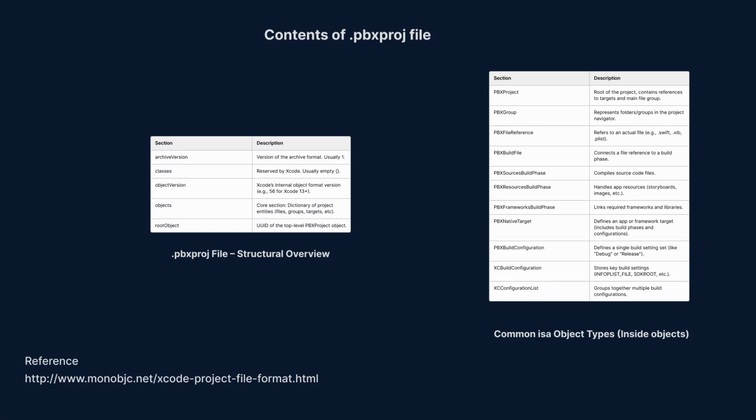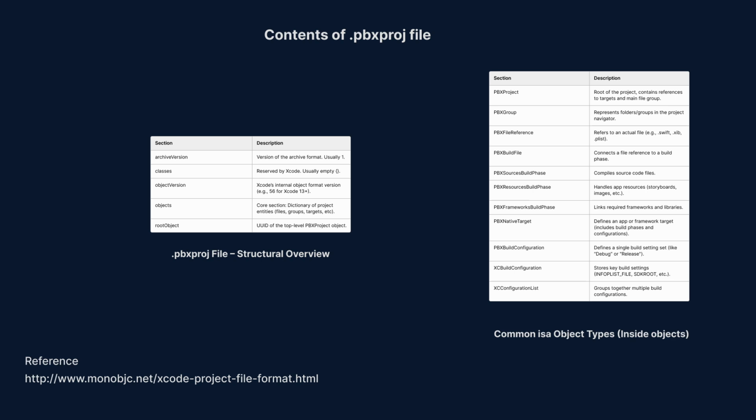The Xcode project file starts with several top-level keys that define the overall structure of the Xcode project. The archive version indicates the version of the archive format, typically set to 1. The classes key is reserved by Xcode and is usually left empty. The object version defines the internal object format version used by Xcode, commonly 56 for recent versions like Xcode 13